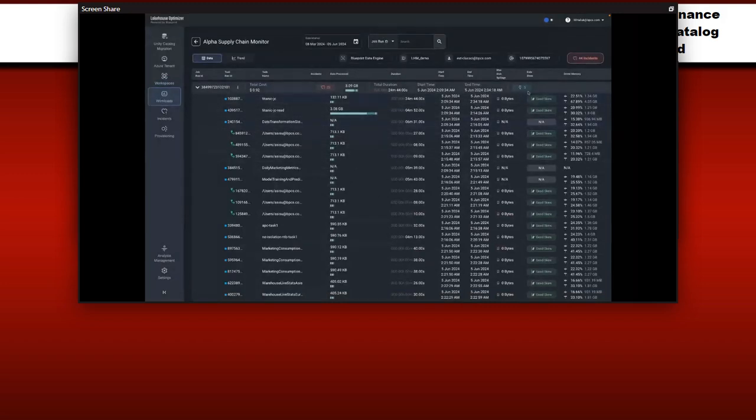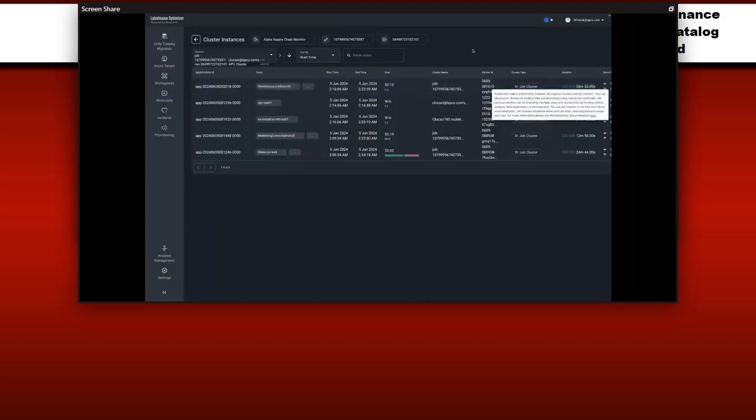We can also see a very detailed and granular list of all of the different clusters that are being leveraged for this particular job. This one's interesting since we have so many different tasks that are running here. Some of them are probably healthy. Some of them have some room for improvement. You can see here that some of them are running on job clusters.